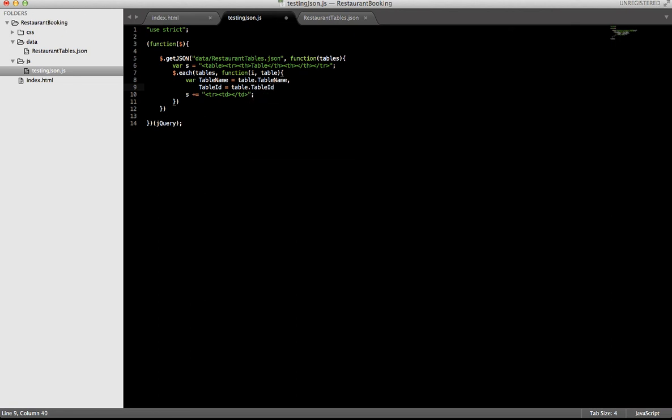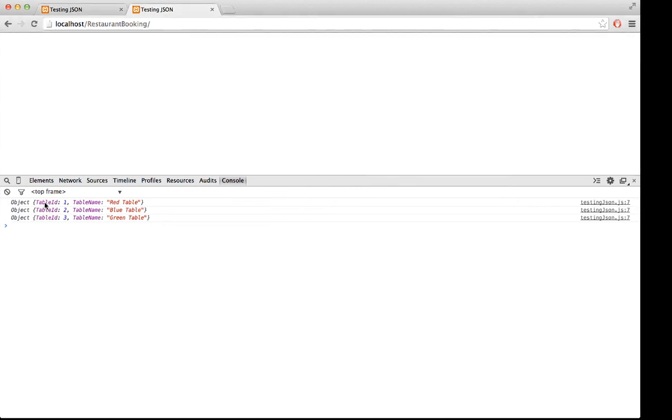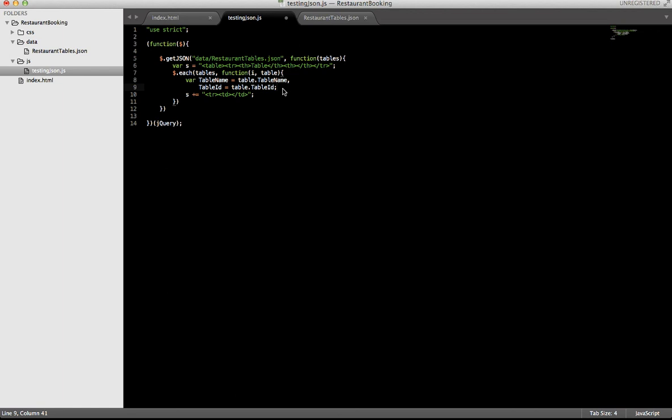As we can see over here, this is my table ID, this is my table name. So now I have my 2 values. I can put them inside here like this, and then table name, make some space, make it nice,